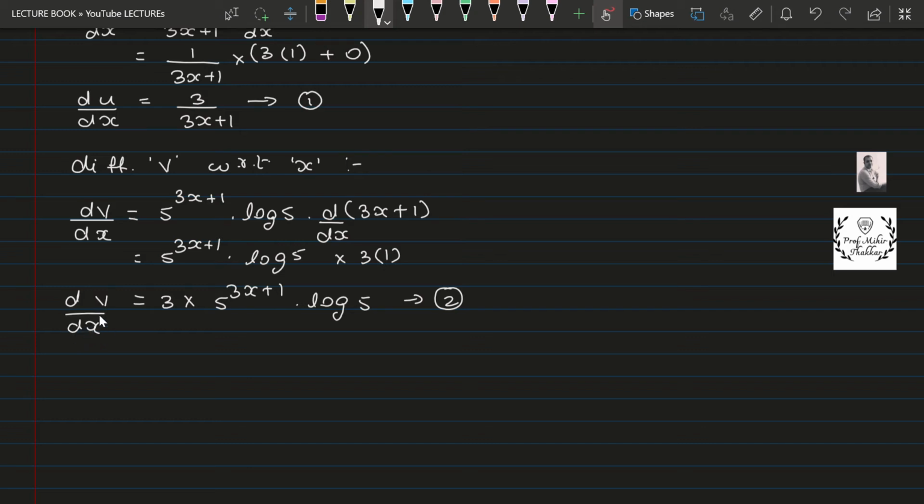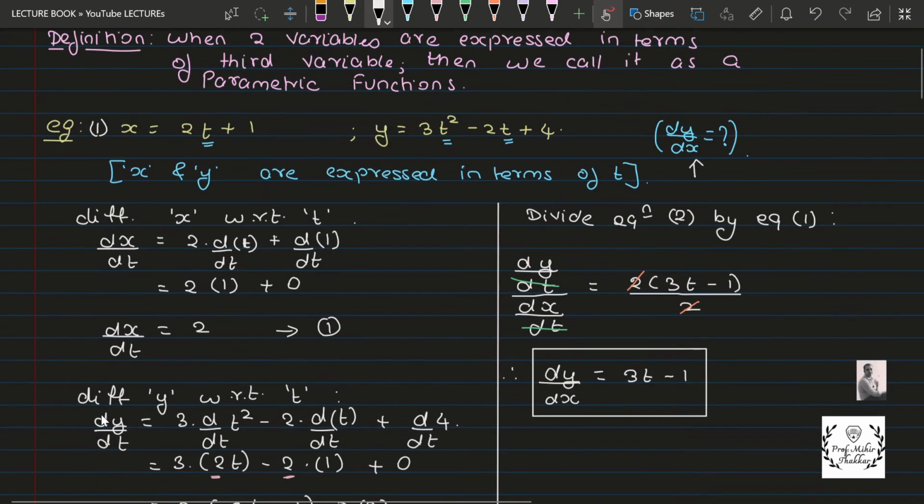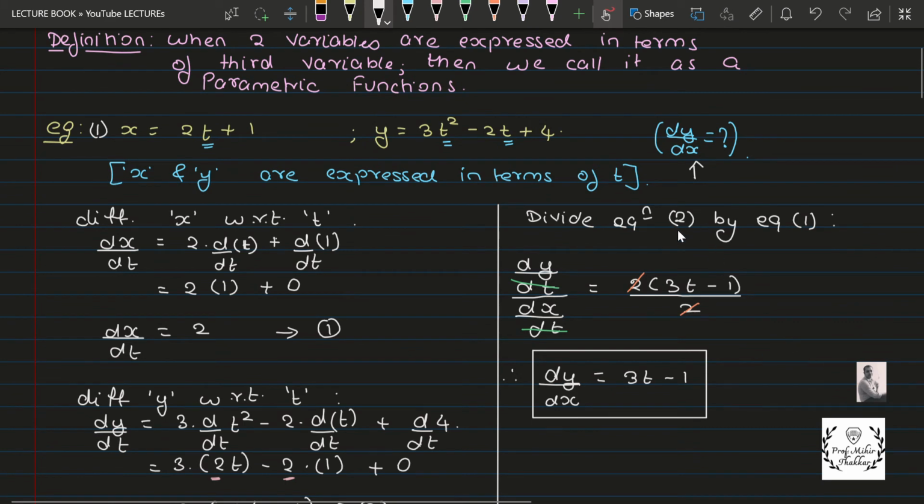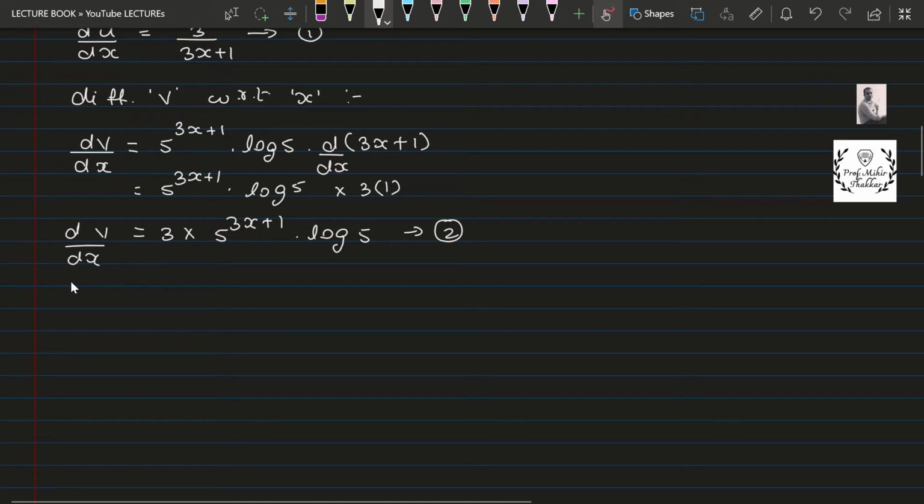Now students, as you can see, I have to find the value of du upon dv. What we will do is, I will divide equation 1 by equation 2. If you observe the previous sum, we had written the second term, equation 2, divided by equation 1. The reason is that you have to observe what element is required in the numerator, and then depending on that you have to decide whether equation 2 will be divided by 1 or 1 will be divided by 2. Okay guys, so I will write over here